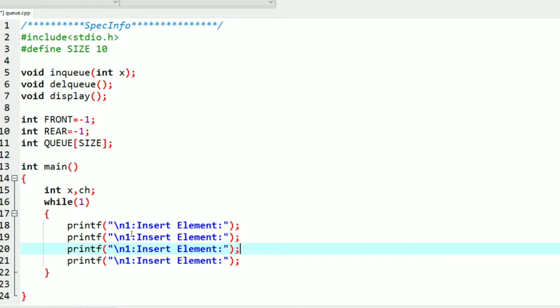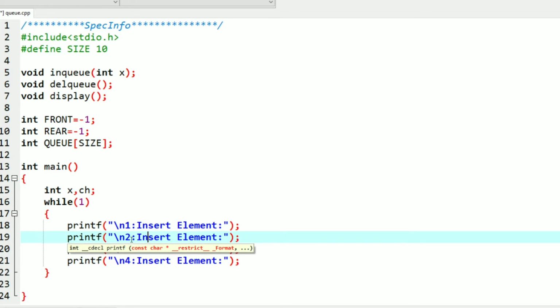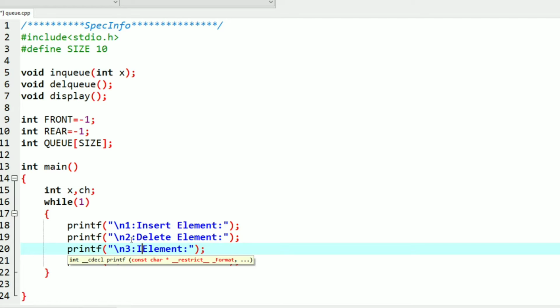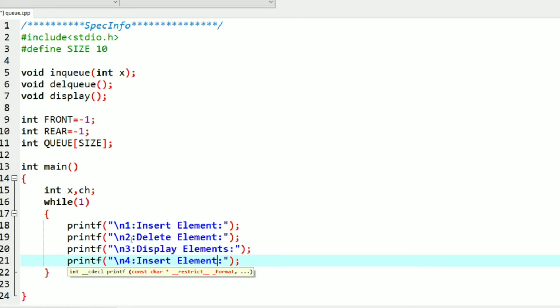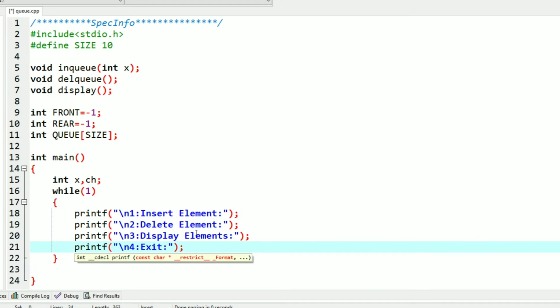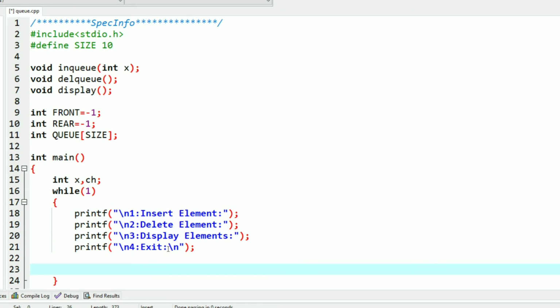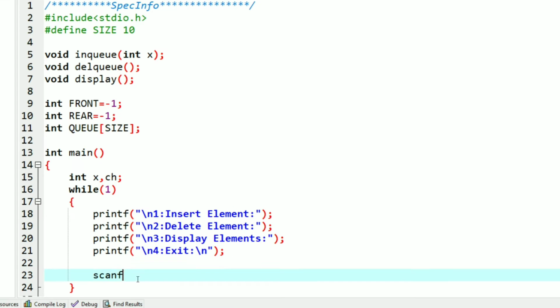Similarly, display the queue and exit the process. Now at the end we will add \n again, so the user can input whatever choices he want on the next line. Now we will take input by function scanf.